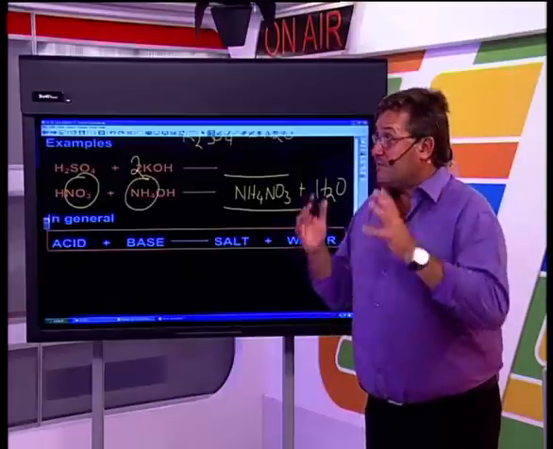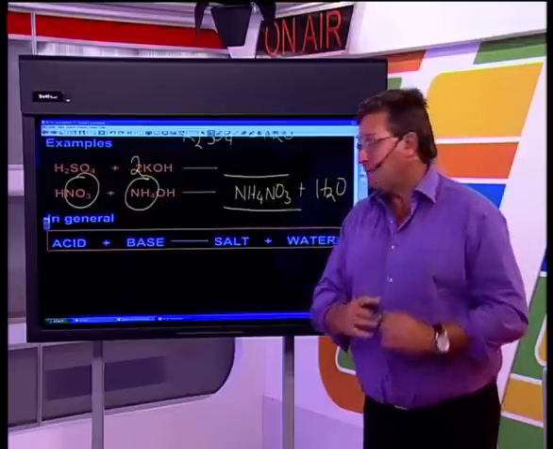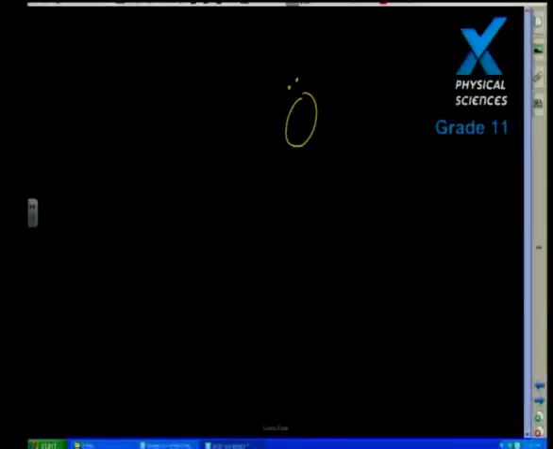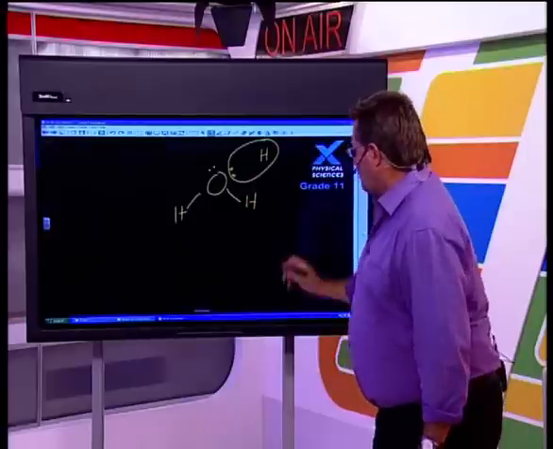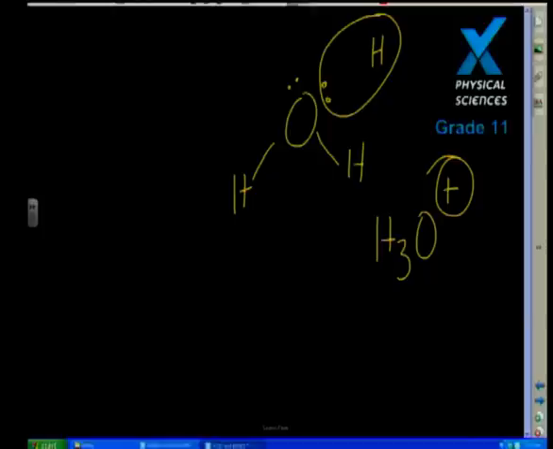Okay, so the question's very good because it doesn't make any sense. However, we have this thing called a dative covalent bond, and very quickly, if I had to draw it for you, like this, and remember we've got lone pairs on the oxygen like that, the hydrogen ion comes in, and the hydrogen ion actually steals, in a way, in inverted commas, the electrons from the lone pair of the oxygen, and therefore we can get that. However, it will have a positive charge because that H is bringing in a positive charge. We've got to keep our charge balance. So that's how it happens.